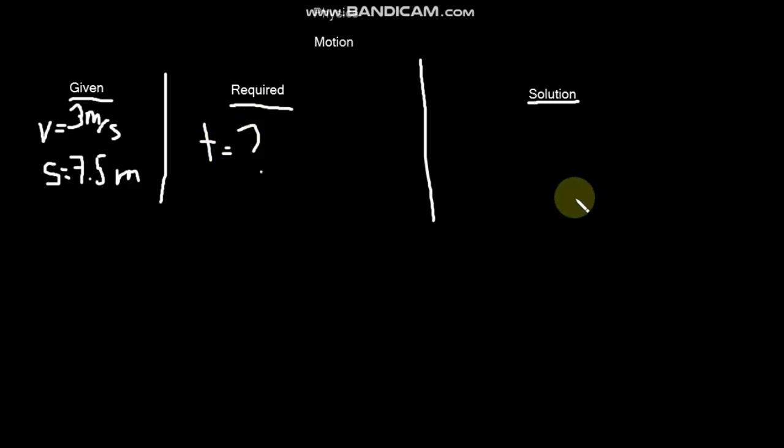So according to the formulas I gave you before, we said that time is equal to distance over speed. Let me just put it the way I put it before. Let me just make it 7.5 over 3